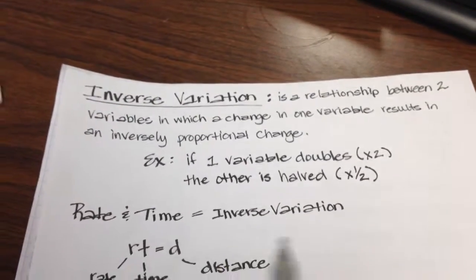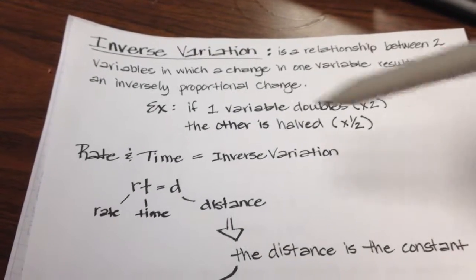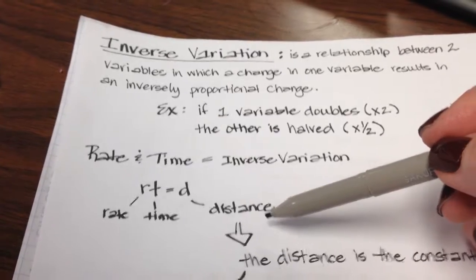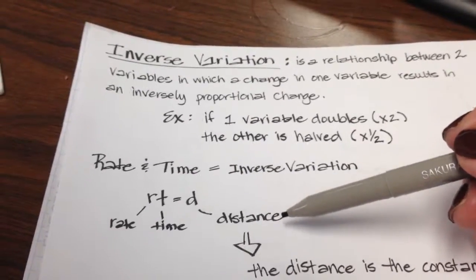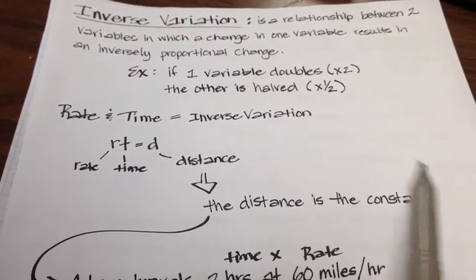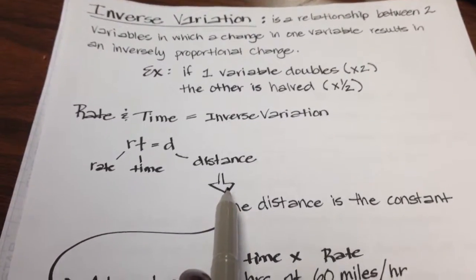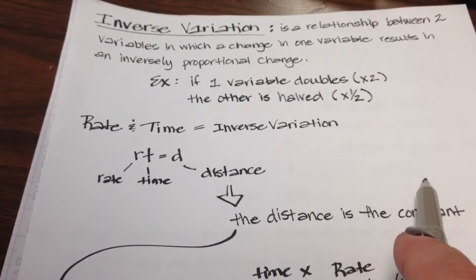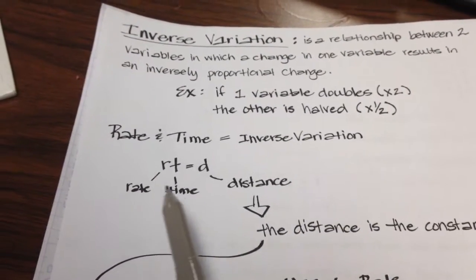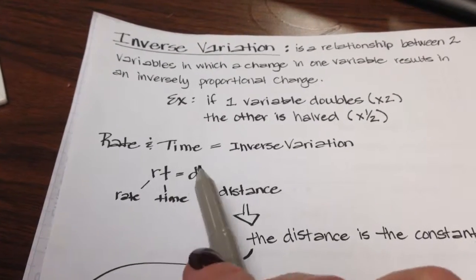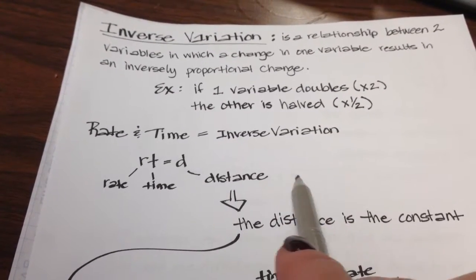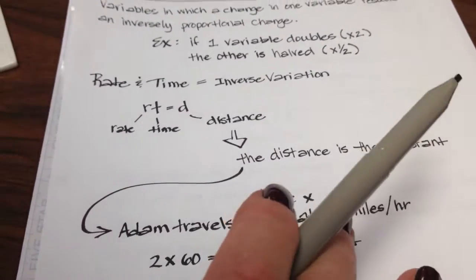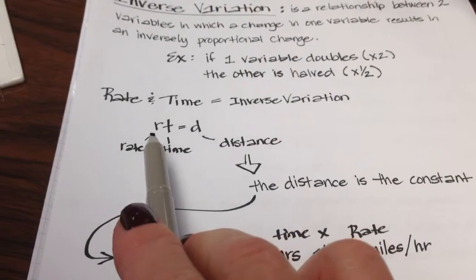All right? Rate and time are an inverse variation. We have rate, we have time, we have distance. This would go to if I travel 40 miles an hour to school, and what time will I get there, right? Now, the distance is the constant. From my house to school, the miles never change. It's always going to be 10 miles to school, right? The rate and the time are the variables. How fast I go and how long it's going to take me. Distance, it's always going to be 10. So the rule is, or here, we'll do an example. Well, here's the equation. Rate times